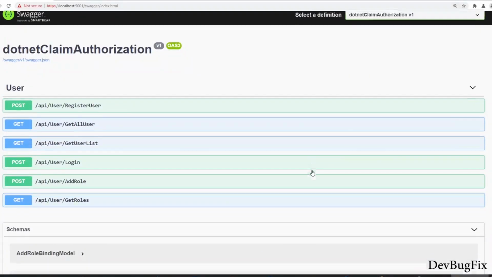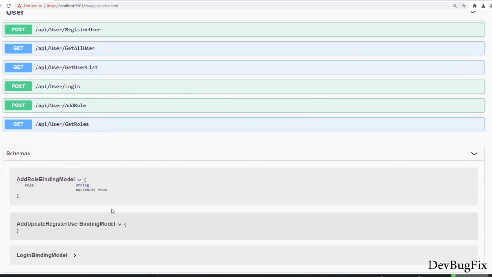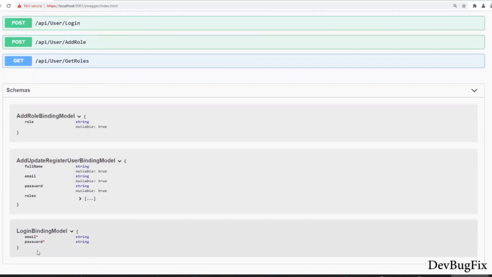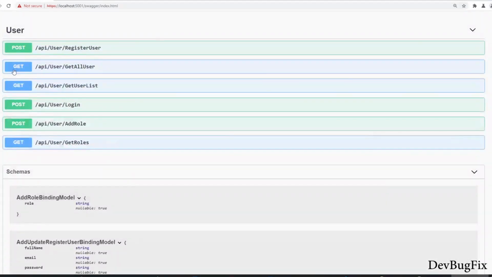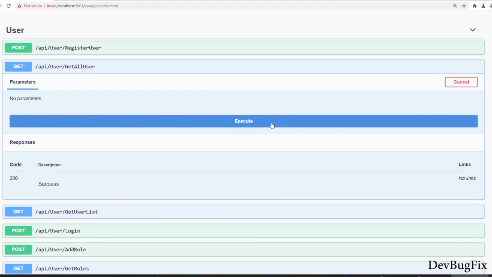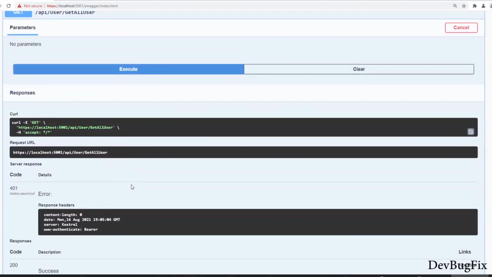We can see all the endpoints of our application like register user, get all user, and we can also see the binding model. Postman doesn't provide this type of information and we can also test this API. Try it out. To test this API, click on the execute button. We receive a 401 response, meaning unauthorized.